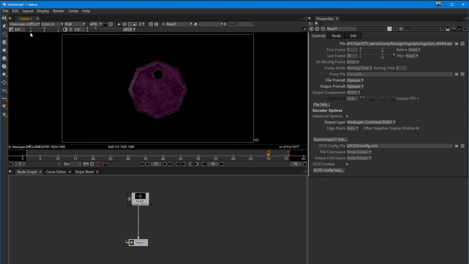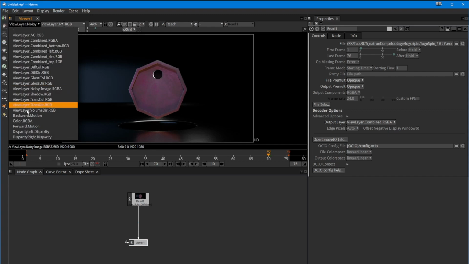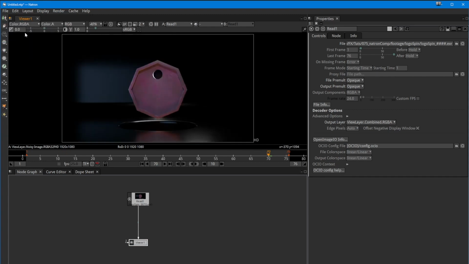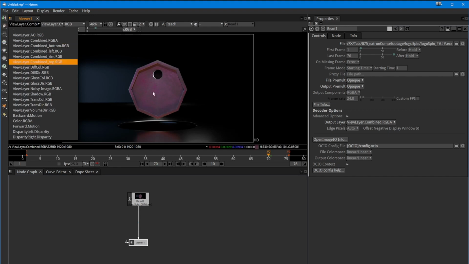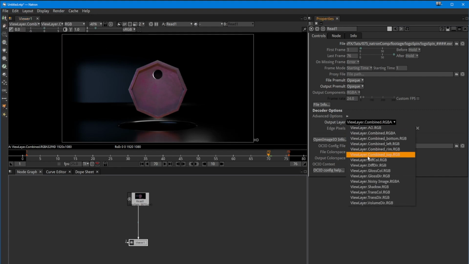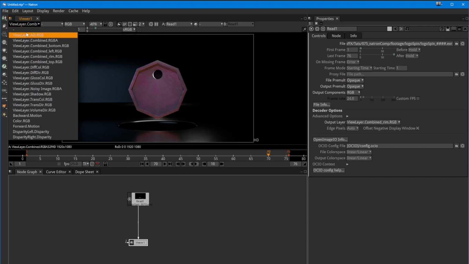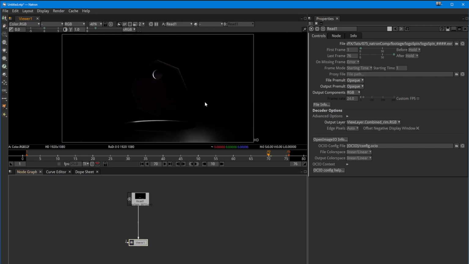It's a viewer. You can just look at all the things that are in there, everything you want. The noisy image from the noise, the backward motion, the color RGBA, which essentially is the same as the combined RGB. The color RGBA is always the thing that's being displayed on the output layer. So if I change this to the ambient, let's actually change that to the rim. If I then change this to the color RGB, that now displays the